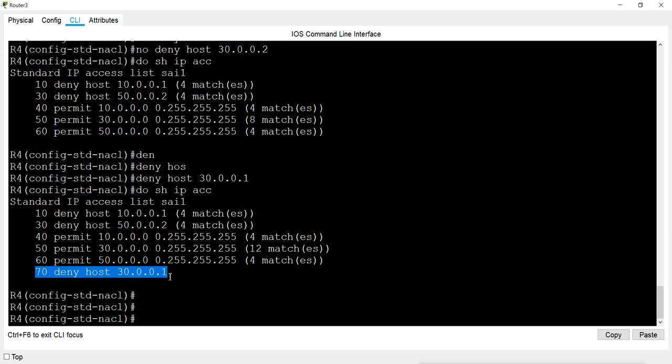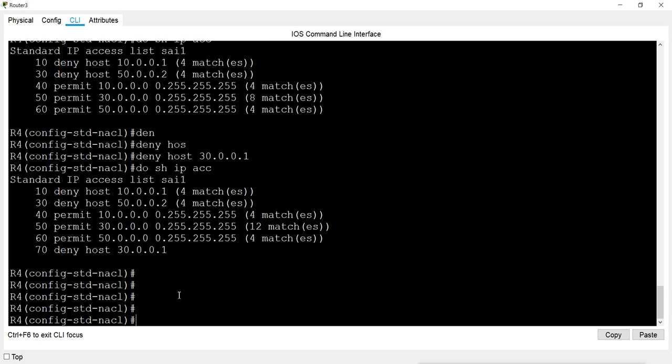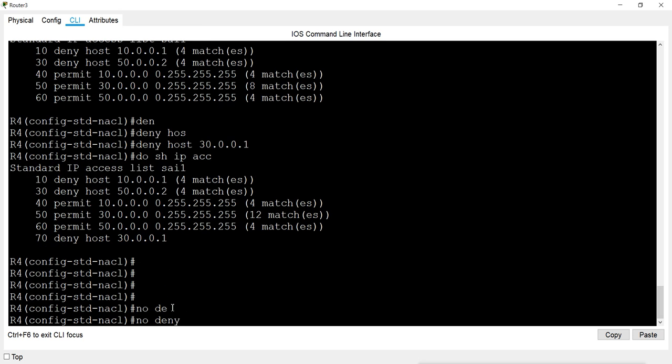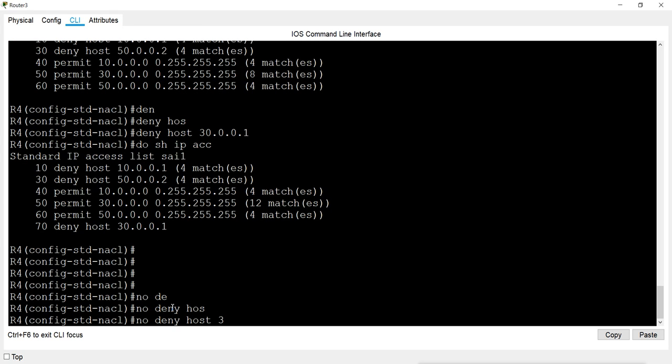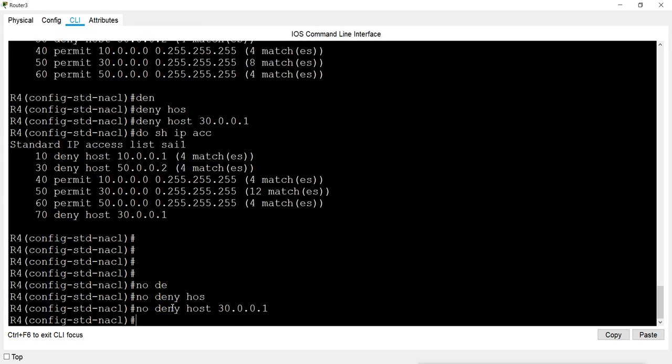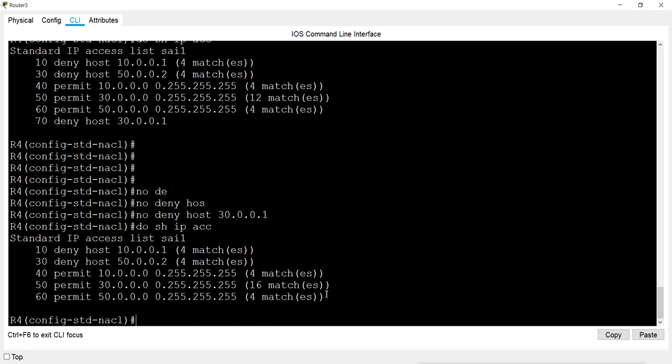Now what I want to do here to make it work properly is that I don't want to apply this entry here at the bottom. I want to apply the entry before this entry, so that it will deny first and then permit the whole network. So it is better to add that entry on number 20 where it was, saying deny 30.2, and we can do that in this newer IOS version. So what I will do here is remove this entry which I added again, which is not working. So I will say no deny host 30.0.0.1. Now when you check the list, that entry is not there.